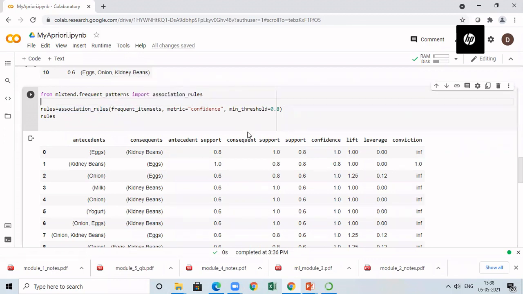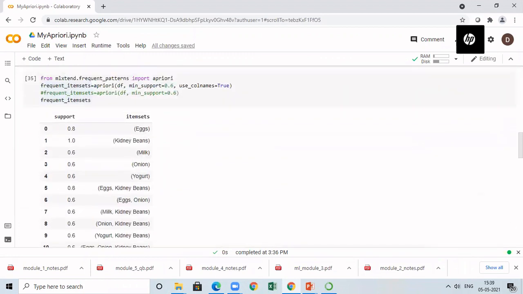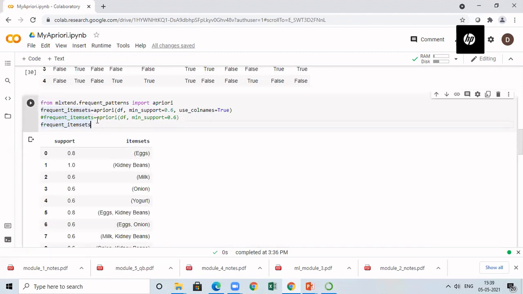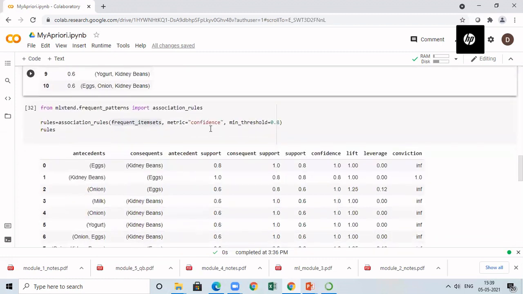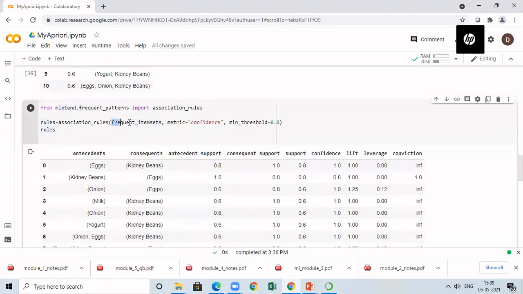When I do that, all the necessary packages will be imported. Now I'm going to derive my rules. So for deriving my rules, I have to pass my frequent item set. First we have generated the frequent item set, and that should be given as input to the association rule algorithm. So the input is not the data frame df. Instead, it is whatever you have generated in the previous step. Here, the output of the apriori algorithm is stored in frequent_itemsets. That should be given as input. So I'm giving that as the input. Accordingly, it will generate all the association rules.